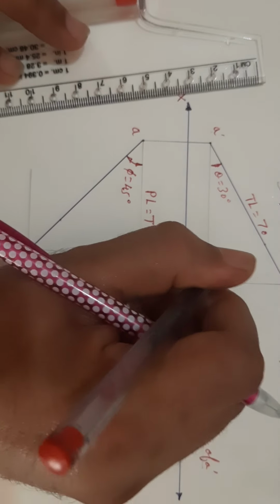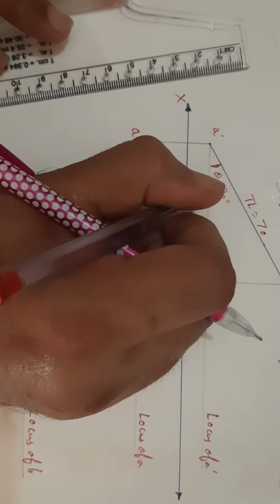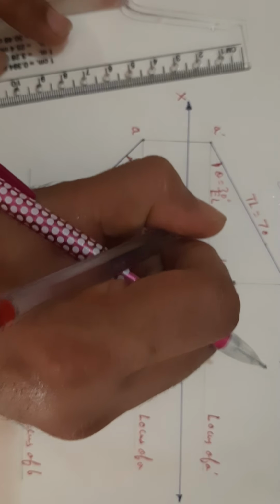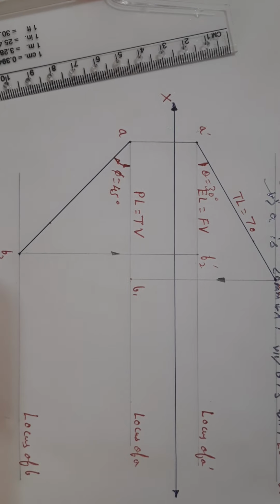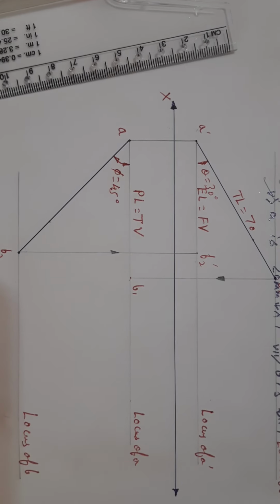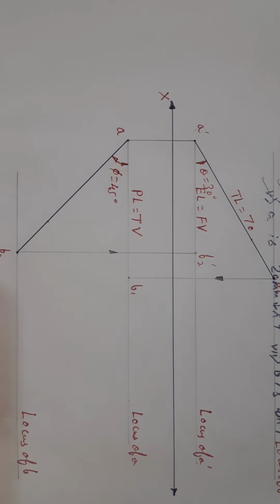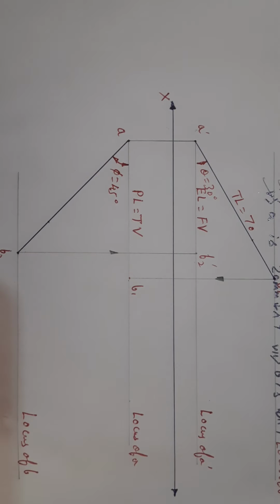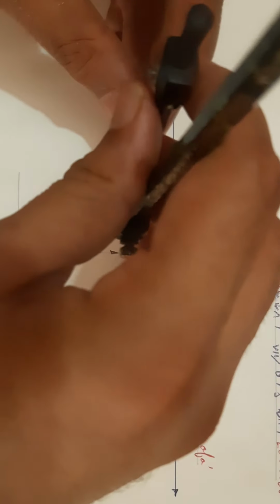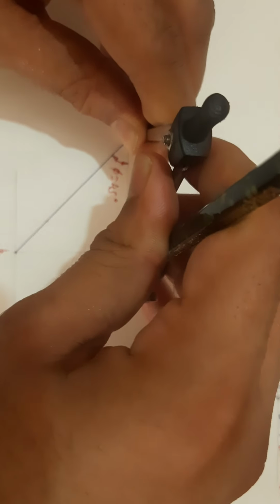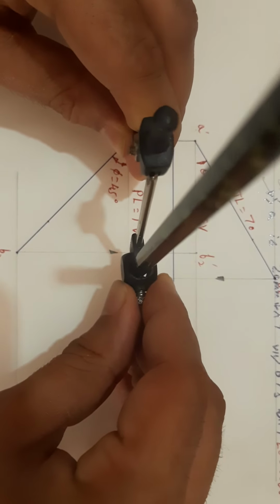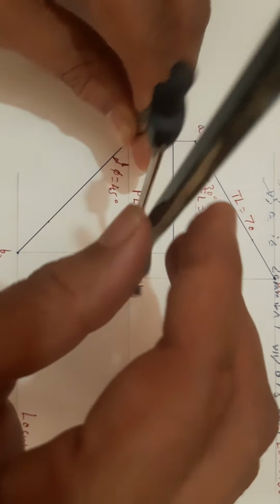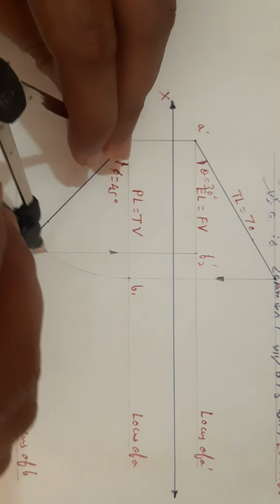Point is marked. This point is nothing but B2 dash, and this length A dash B2 dash is known as the elevation length, which is also known as the front view length. Friends, what we are supposed to do now, last part, taking A and B1 in compass, I will be taking the length of AB1 in compass,